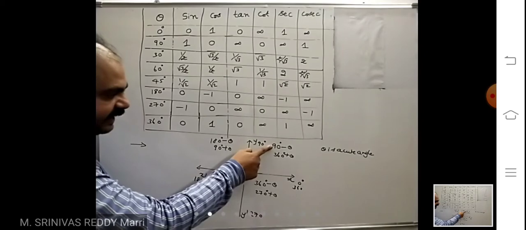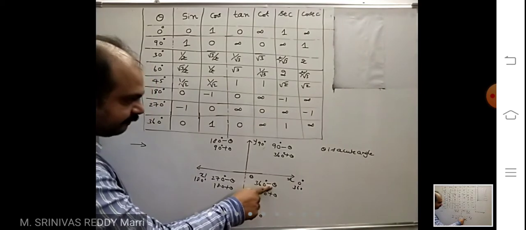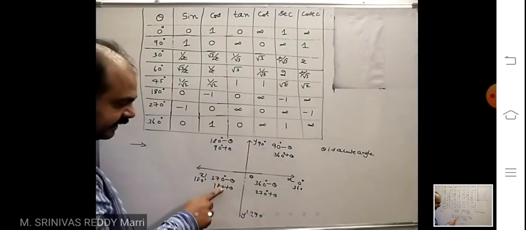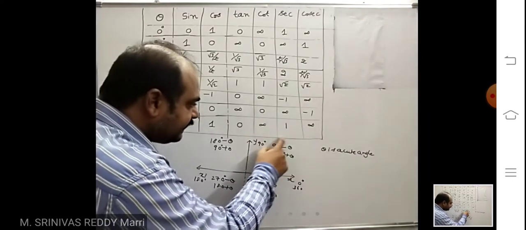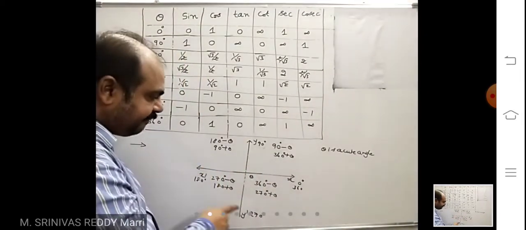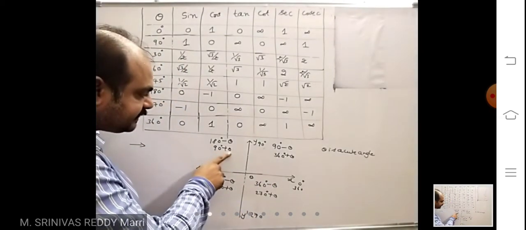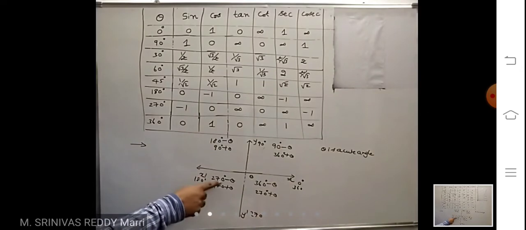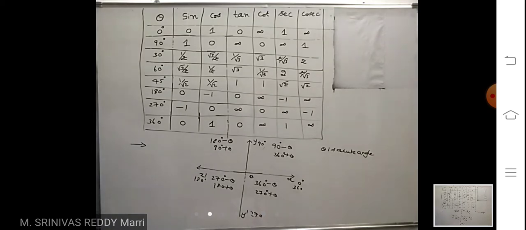You have to remember like this: 90 minus theta, 180 minus theta, 270 minus theta, 360 minus theta. Plus starts from here: 90 plus theta, 180 plus theta, 270 plus theta, 360 plus theta. That means if the angles are of this form, we will choose the quadrant. If the angle is 360 minus theta, we will choose quadrant 4. If the angle is 90 plus theta, we will choose quadrant 2. If the angle is 270 minus theta, we will choose quadrant 3. That angle lies in quadrant 3. Like that, in quadrants, angles will be of that form.